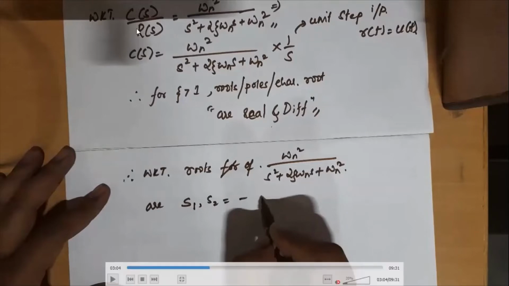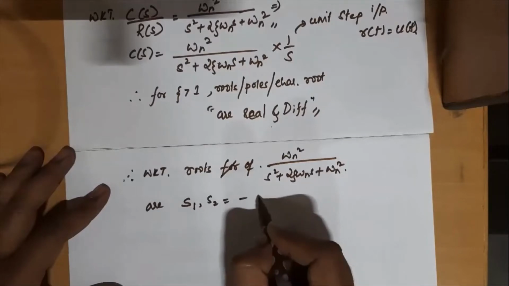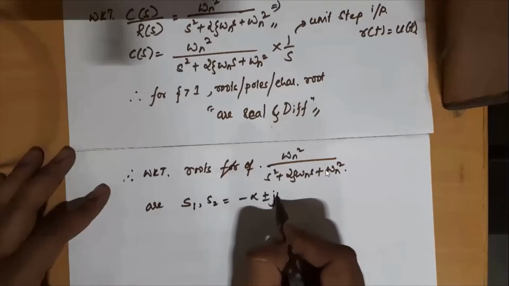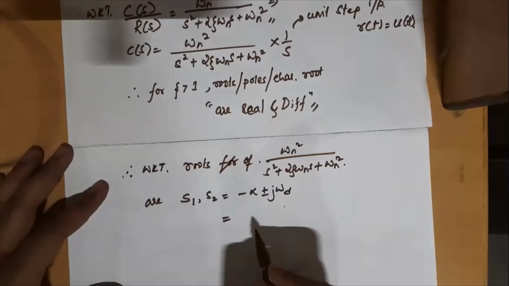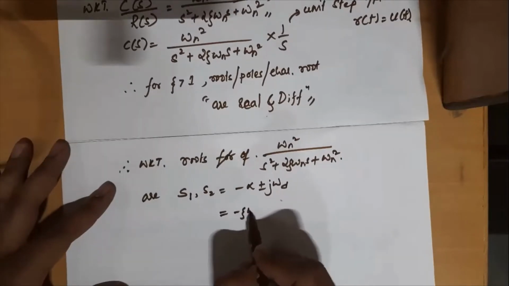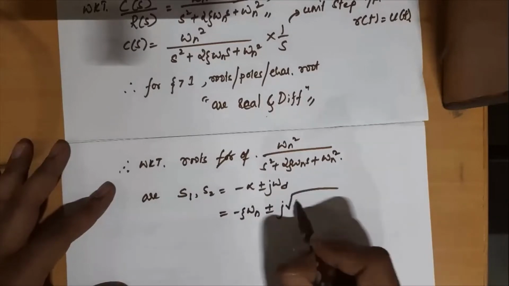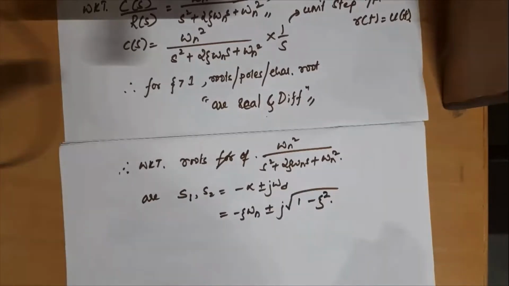I am writing the expression for the roots of this transfer function. I hope everyone can recall this. We did it in the previous to previous class, and we wrote the roots as minus alpha plus or minus j omega d. And I had explained what is alpha and what is omega d. Omega d was called the frequency of damped oscillations, if you can recall. So what was alpha? Alpha was zeta omega n, and omega d expression is